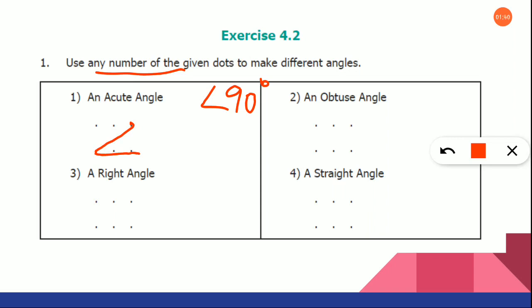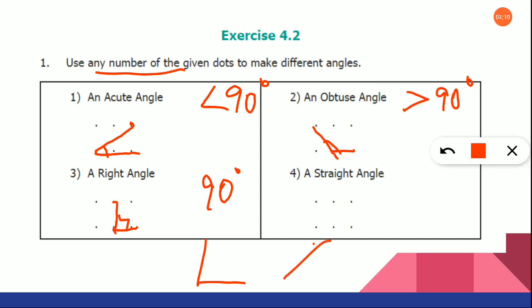Clear? Next one is a obtuse angle. Obtuse means it is greater than 90 degrees. Very good. Next, you are going to join these 3 dots and say it is a obtuse angle. Okay, next, right angle. Right angle means it is 90 degrees. So, you are going to draw like this. And for 90 degree, for angles, you will be marking like this, right? But for 90 degree alone, you are going to mark as a 7.